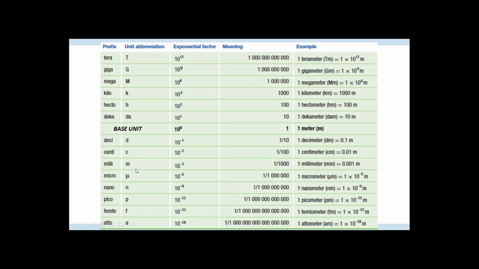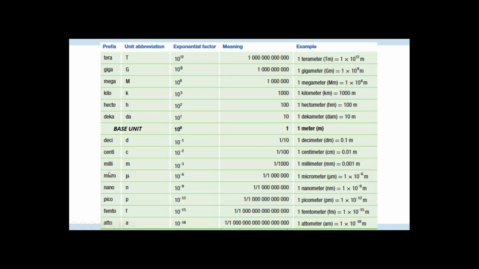This is exactly it. If we look here, here's milligram. Remember I was telling you about the placement of zeros? This is where this comes in helpful. This is tens, this is hundreds, this is thousands. So this is 1 over 1,000, or in decimal form. If you enter this into your calculator, this is what your calculator is going to give you.